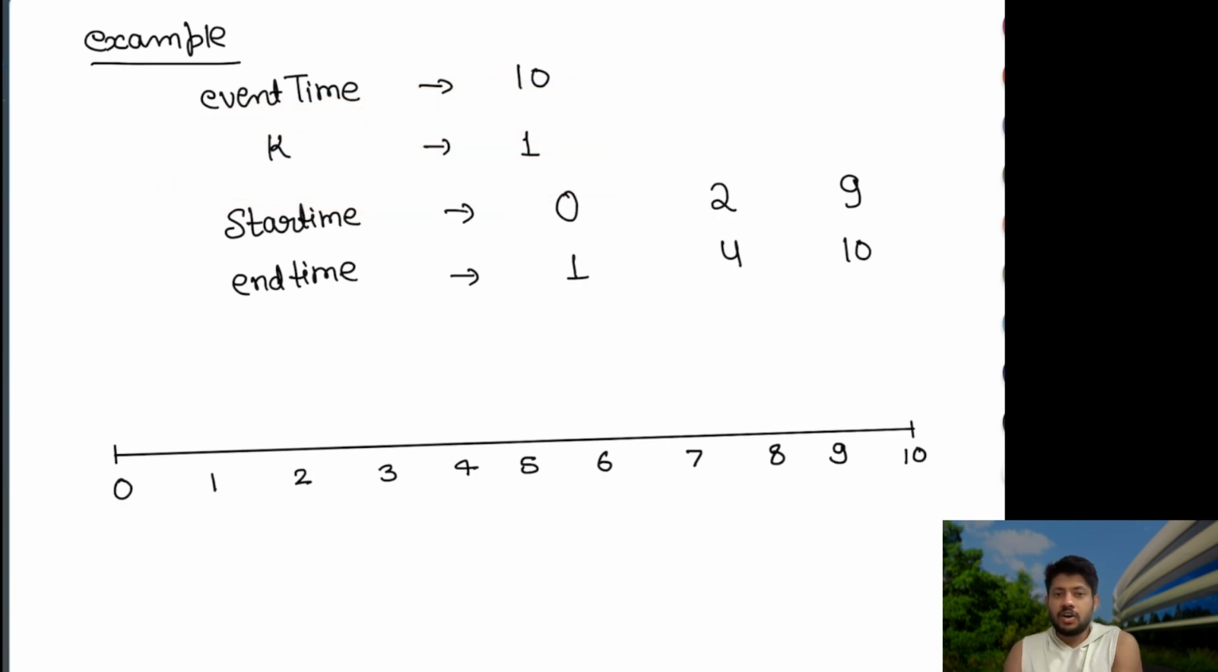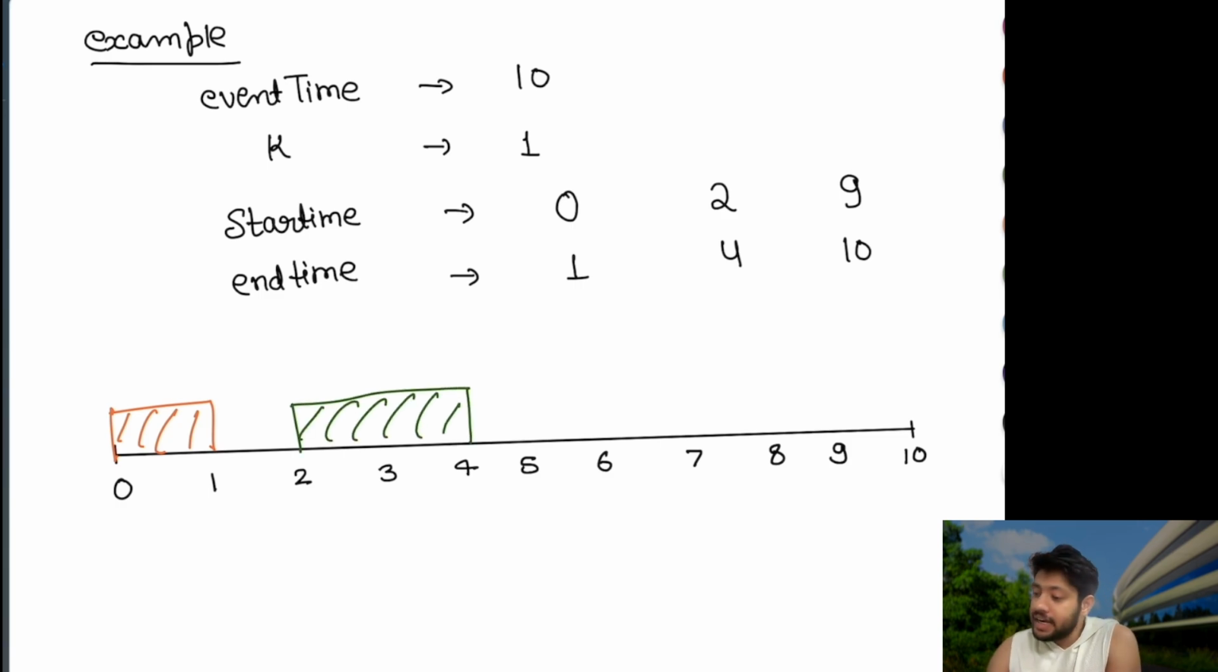Let us just see what the timings of our meetings are. The timing is 0 to 1. It means that I have a meeting starting from 0 going till 1. All right, then I have a meeting from 2 to 4. It means I have another meeting which is starting at 2 and going till 4, right? This is another meeting we have, and I have another meeting which is starting from 9 and going